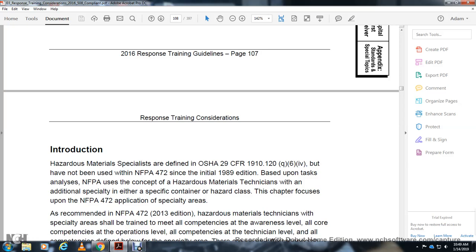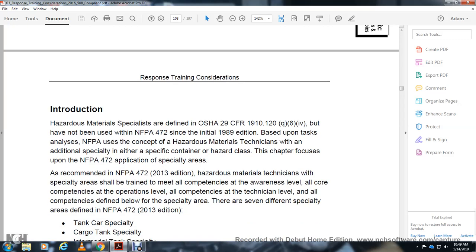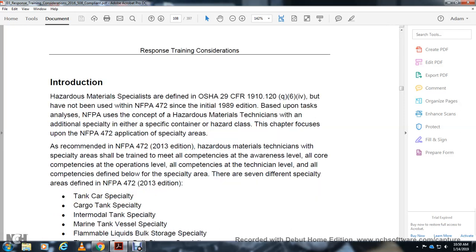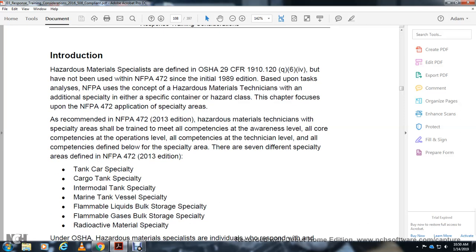Association 472 application specialty area. The recommended National Fire Protection Association 472, 2013 edition, is that the hazardous materials technician with specialty areas be trained to meet all the competencies at the awareness level, all the core competencies at the operational level, the competencies at the technical level, and all competencies defined below for the specialty area. The 7 different specialties are defined in the National Fire Protection Association 472, 2013: tank car specialty, cargo tank specialty, intermodal tank specialty, marine tank vessel specialty, flammable liquid bulk storage specialty, flammable gas bulk storage specialty, radioactive materials